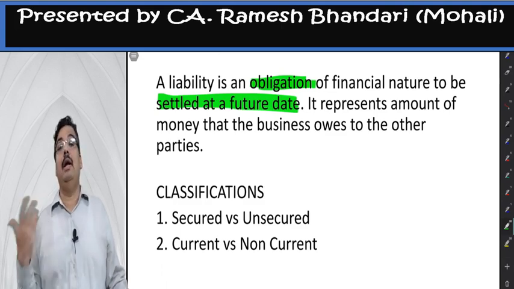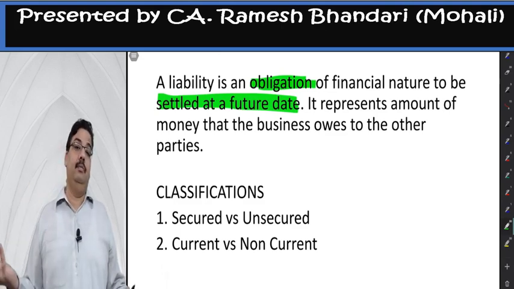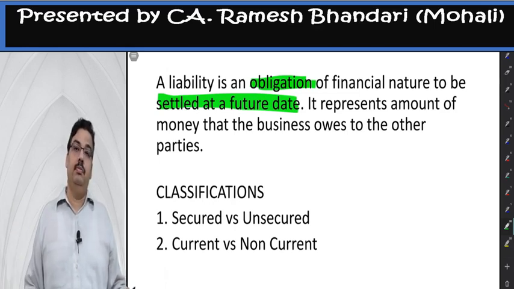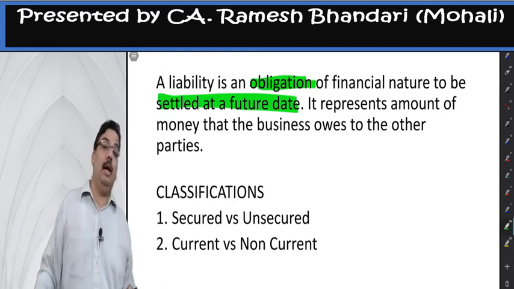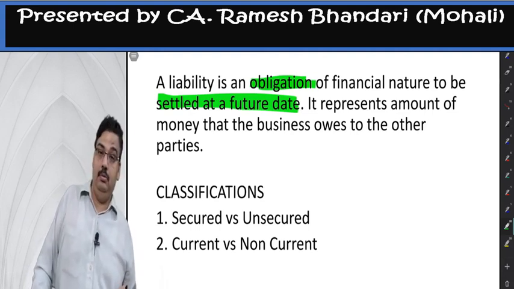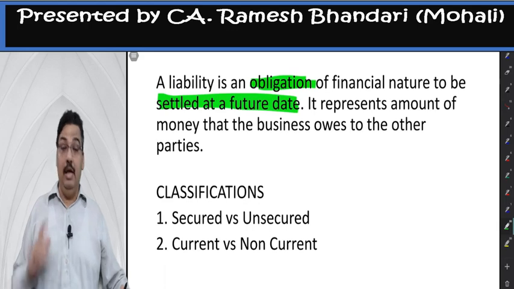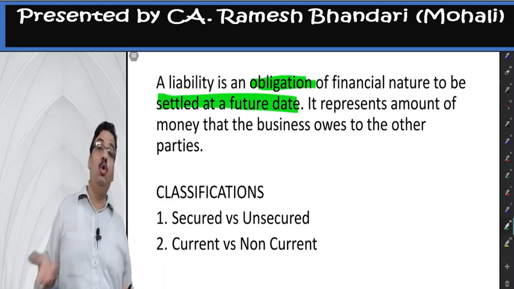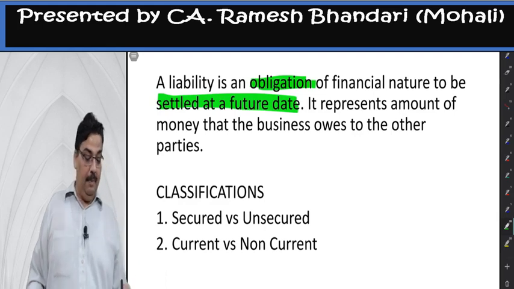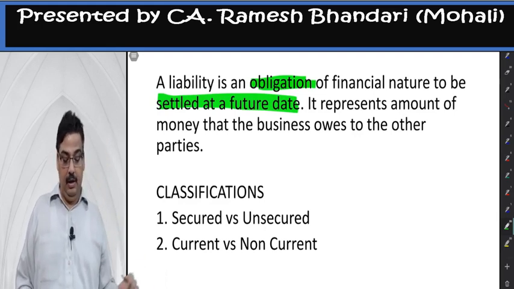For example, you are getting material on credit, creditors. You sign a bill for this, an IOU. It becomes bills payable. You don't have to pay any interest on that if you are paying within the due date. On the other hand, you go to a bank, take a loan and then repay it with interest. No bank is going to give you money without charging interest. This is another kind of liability. It represents the amount of money that the business owes to other parties.